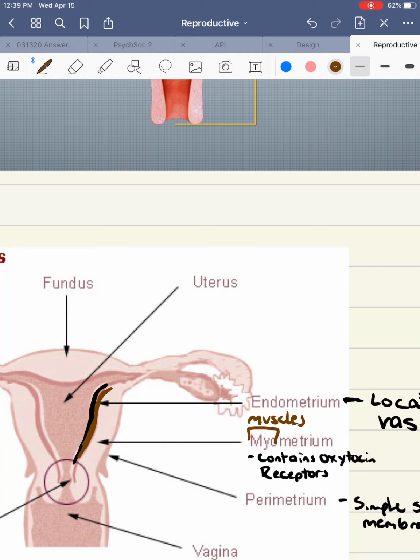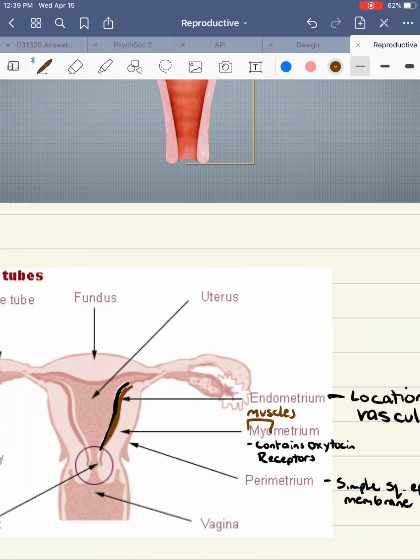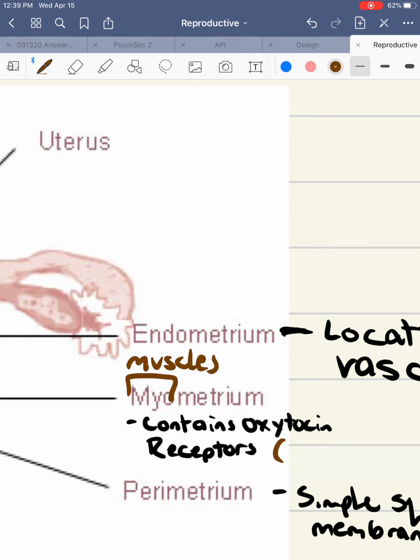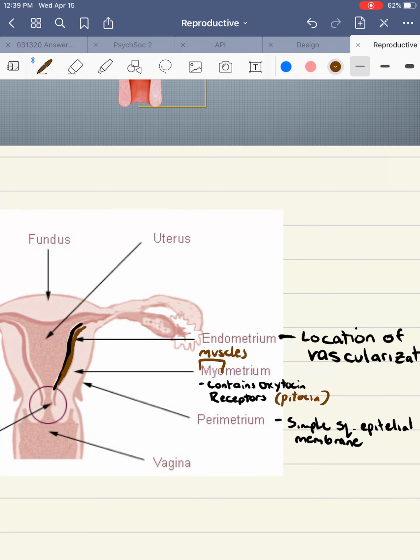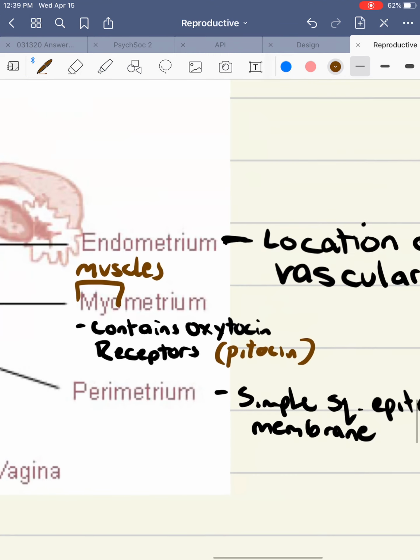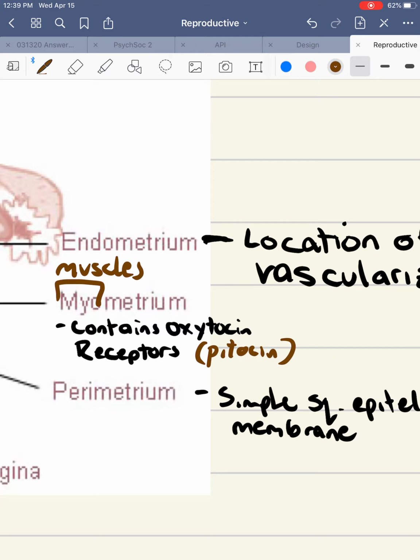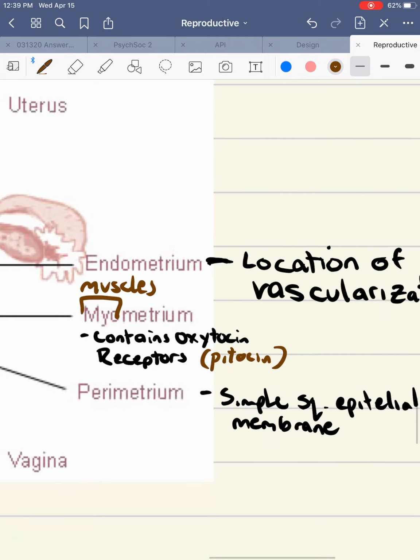And that myometrium initiates smooth muscle contractions, which makes it a lot easier for childbirth. The drug name for oxytocin, which you'll find in healthcare, is called Pitocin. And then there's a thin layer called the perimetrium. Here I wrote for you, it's a layer of simple squamous epithelial membrane,